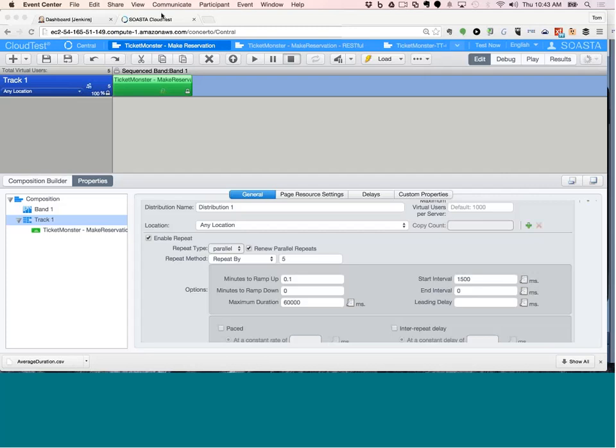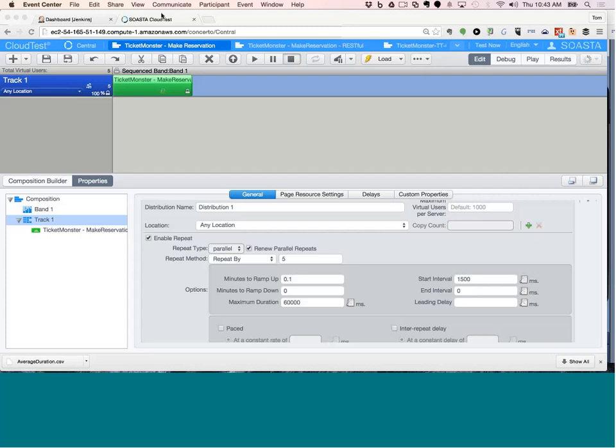So what I've set up inside of CloudTest is two separate tests: one of the Ticket Monster site as a web application, the second as an API call, which they do have a RESTful API available. And then the third, we've also built the Ticket Monster mobile app, and we're going to do a functional test of that, but we also get some performance test information back from that.